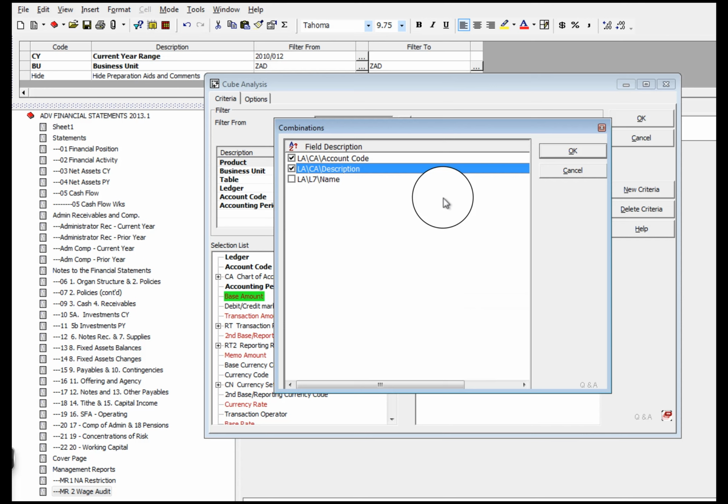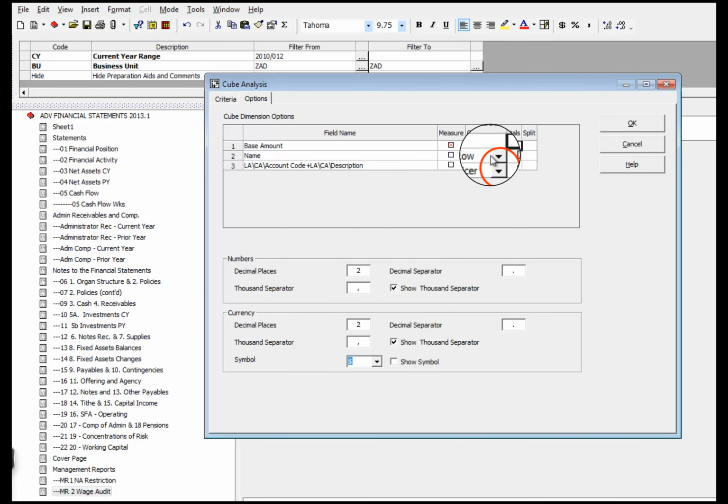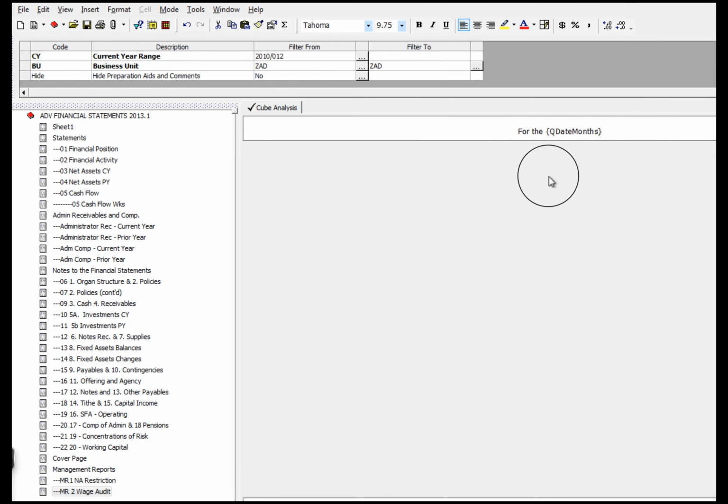That really basically makes one variable, one field, with two things hooked to it. And you could see here that we have that, and so have it concatenated here. So now I come to these options again, and I will say that I want this to be a column. I think I'm okay, and I want my columns to have a total. I think I'm all set here, and so I go okay.